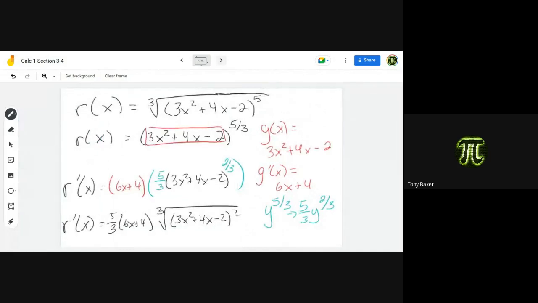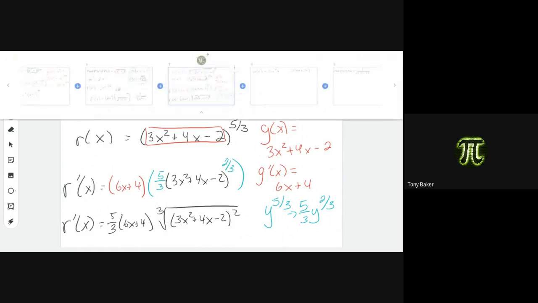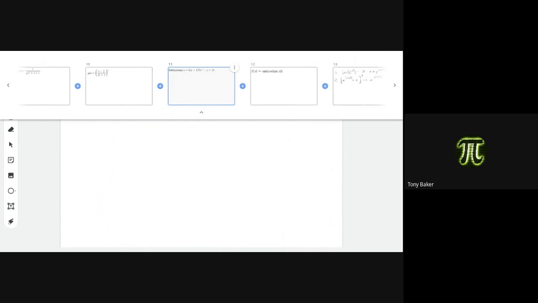This one, it really doesn't simplify down anymore. You're not distributing the 5/3 because that's really not going to help you much. It's going to make it look worse, actually. So in this case, leaving it like either one of those would be totally mathematically fine. It ends up coming down to purely preference. So, all right, let's do this one next